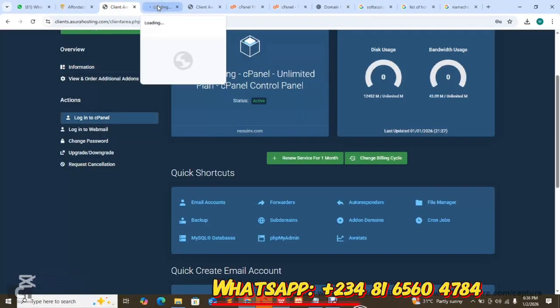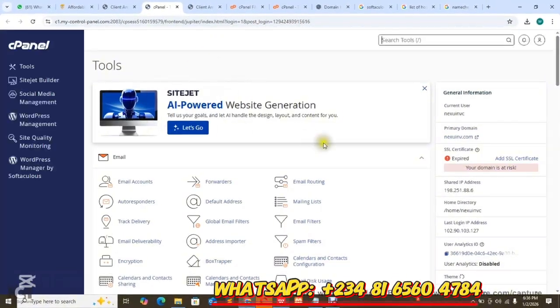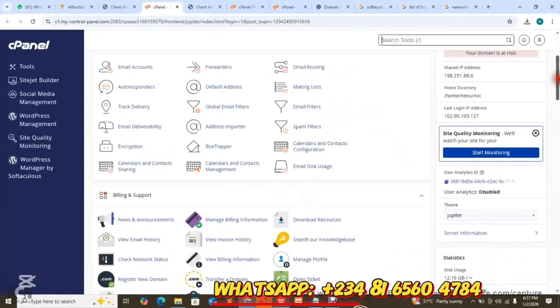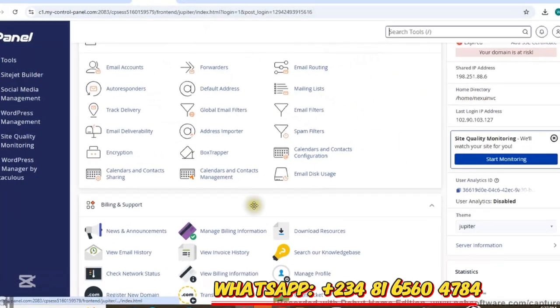As you can see, we have logged into the cPanel. It's loading. This is the cPanel of your system. I'm going to explain all these things, but we are focusing on